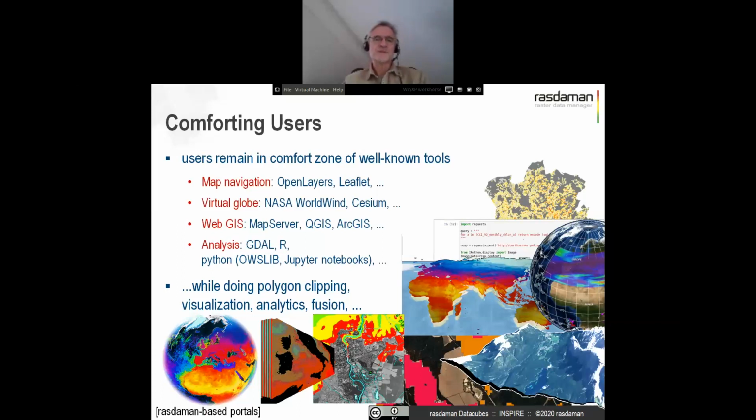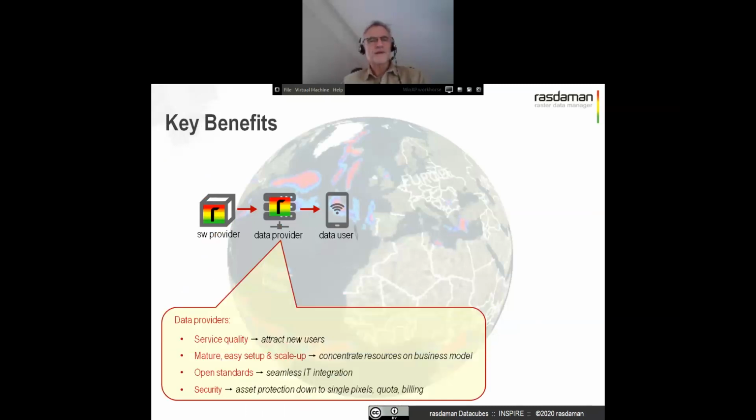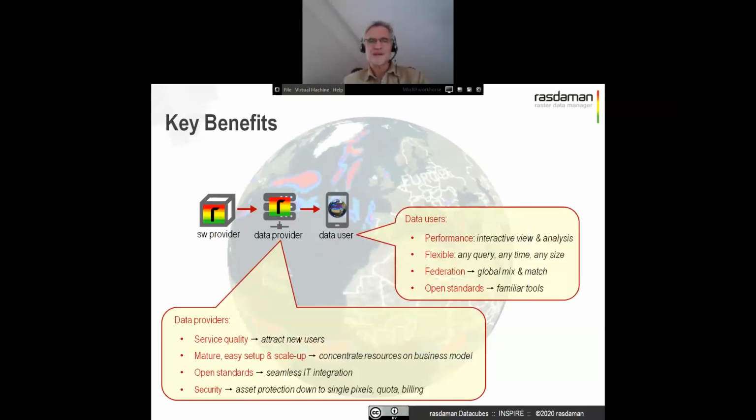And now, I'm talking about query languages, but I know that many don't like that. So actually, there are lots and lots of clients that can be utilized. And so the users can remain in the comfort zone of their well-known tools: map navigation, virtual globes, WebGIS, or high-end analysis via Python and R. Okay, so all together,